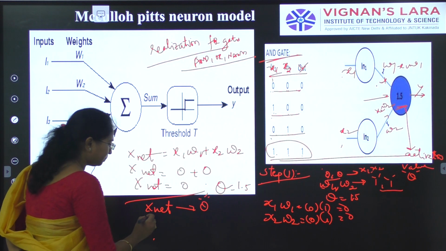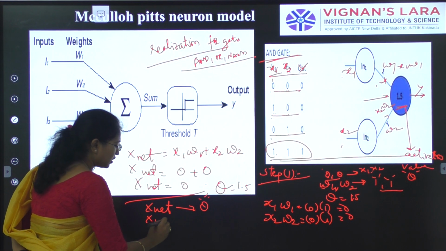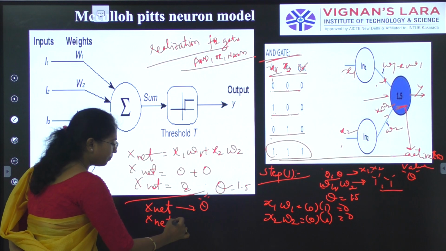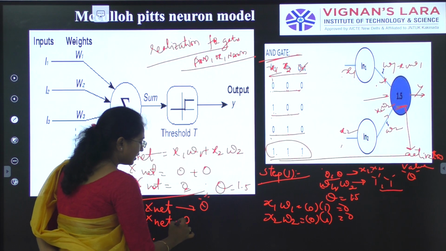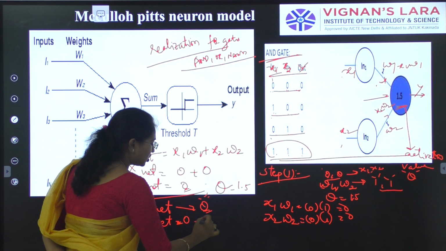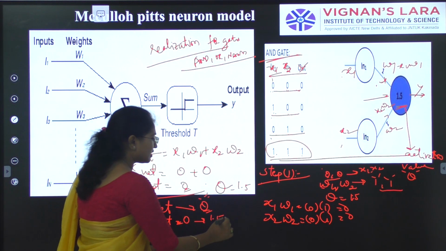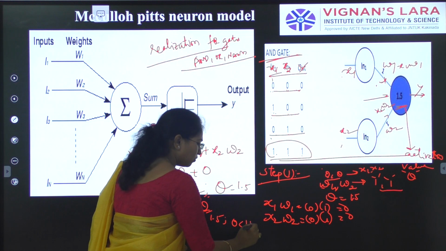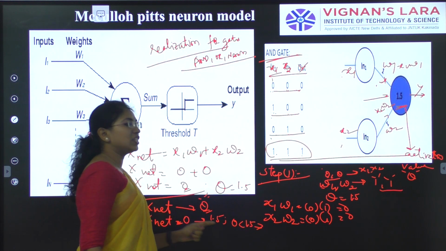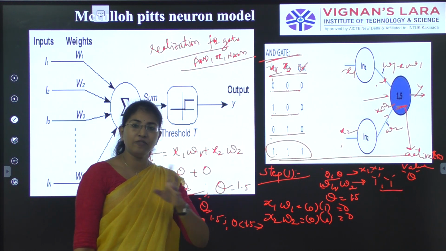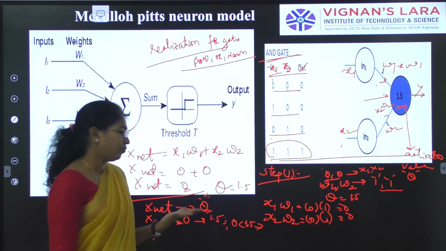Suppose here, for this first input, Xnet is 0, which has to be compared with 1.5. You know that this 0 is less than 1.5. So once this Xnet does not satisfy the activation value, obviously